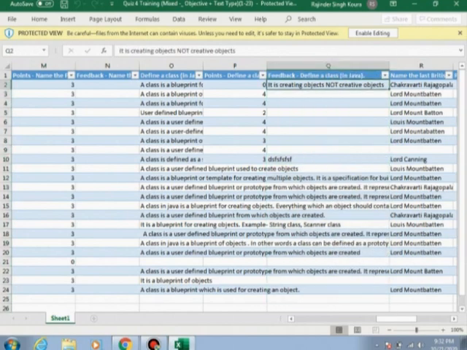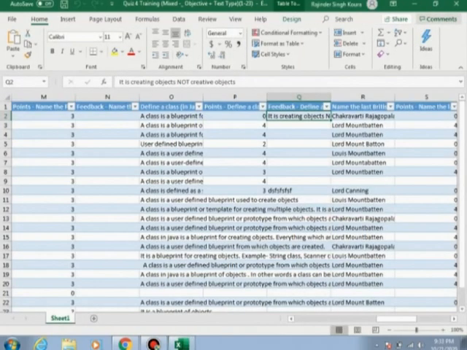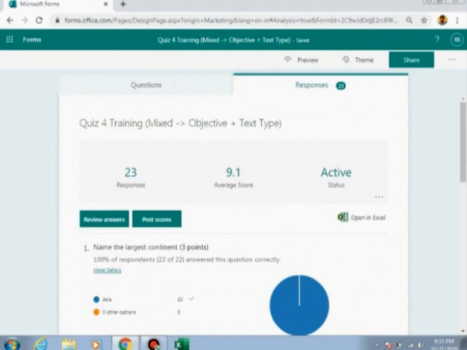I gave feedback that it is creating object, not creative objects. So the feedback will be available in your Excel file also. Whatever you do in the review is reflected in the Excel file which is downloaded after you finish the review.